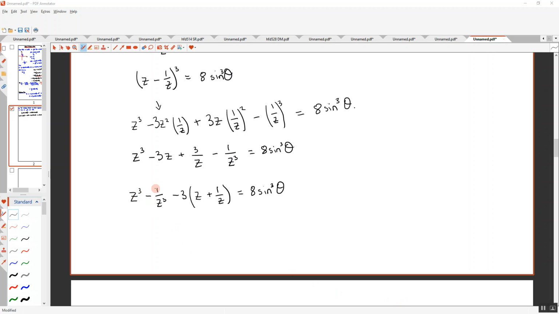Finish it off. I know that z cubed minus 1 over z cubed, this is equal to